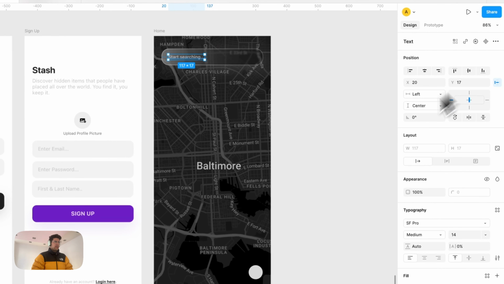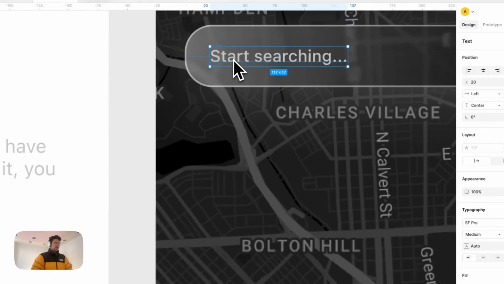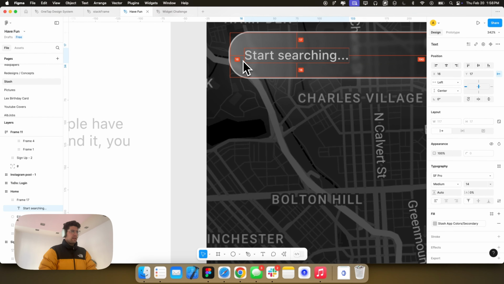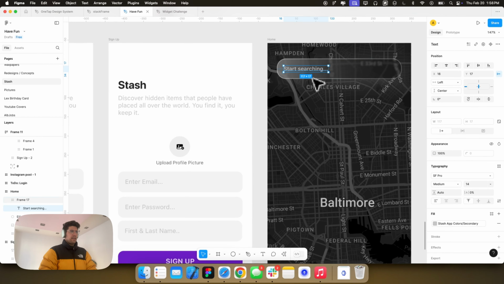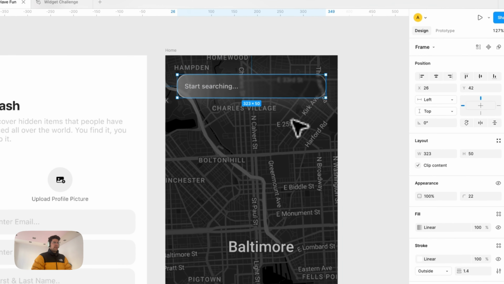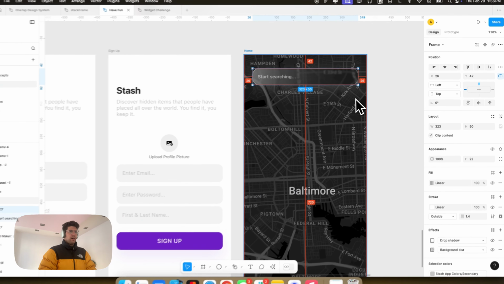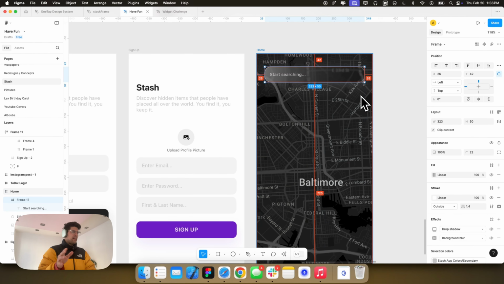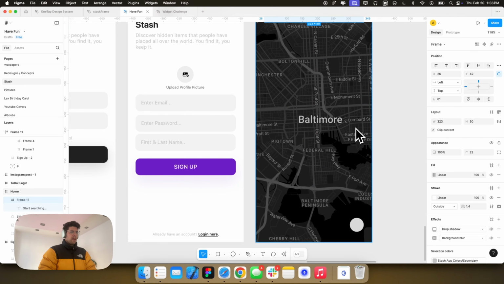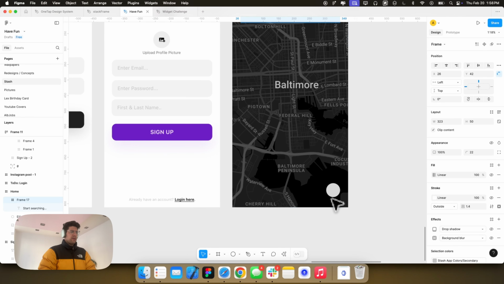Okay, so far I like that. So usually I like putting this around 16 to 20 pixels from the side here, and obviously centering it. Searches on maps I like putting at the top, between 16 to 30 pixels on each side. And you can also put it down here, but the reason why I didn't do it down here is because